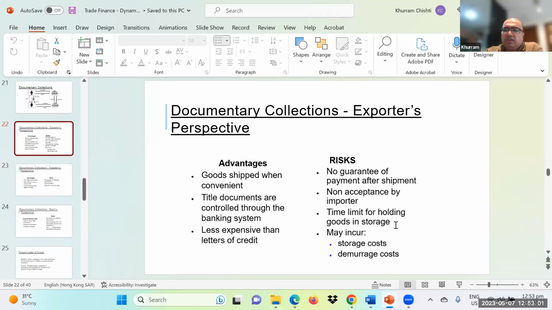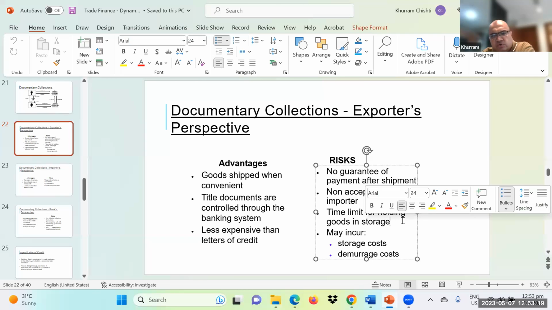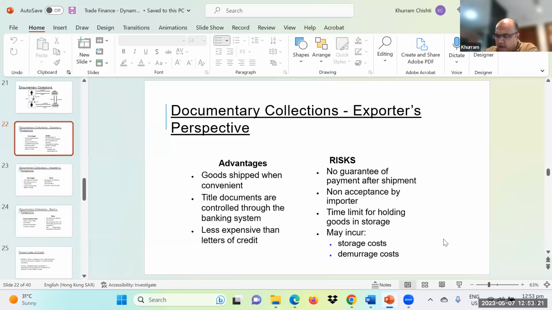Okay. Now, the thing is, what if the goods come? He has got the documents. Now the exporter, I am the seller. The first non-acceptance of the importer, Almaya refused to pay. Time limit for holding the goods in storage. Okay. Now over here, what happens is that